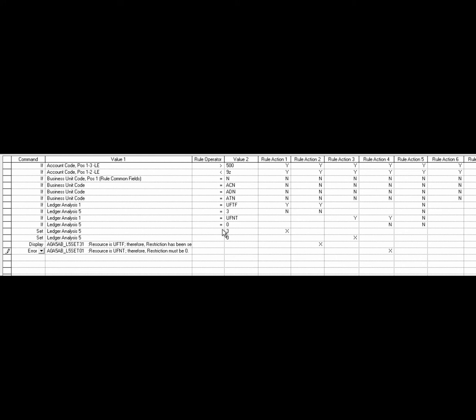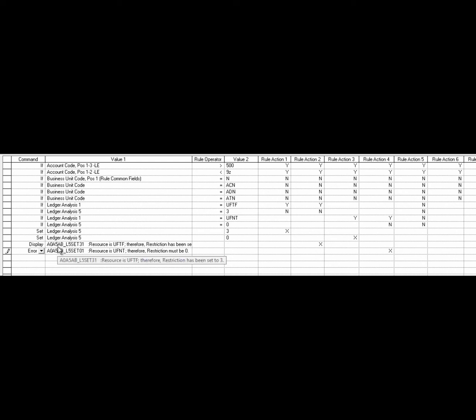So any value on ledger entry can be assigned with a set. If there's always a certain analysis code that goes with a certain account, it can be set. If you always want a certain description to go with a certain account, it can be set. Any combination of input, when something can be fired off, you can have the ledger value set for that value. Any value on that ledger entry screen can be forced to a value based on these conditions. So if a certain account needs to have a certain ledger analysis code, you can require it. If a certain account can only be used with a certain fund, you can